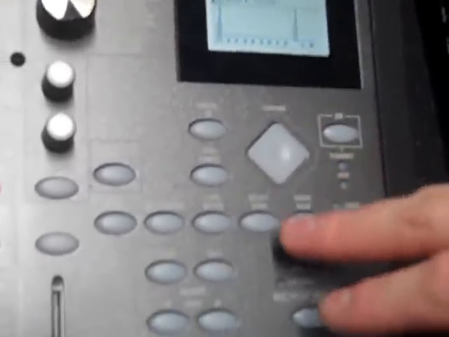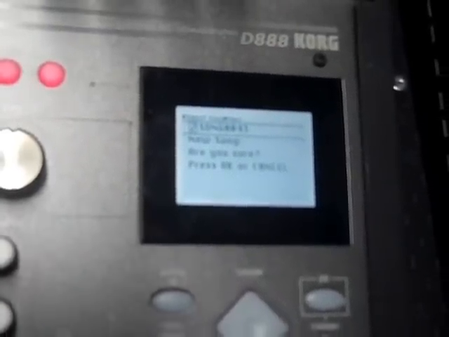To make our own session, we need to ensure that we click Select Song. This will take us to the function screen. And then what we want to do is press the cursor button, which is just here on the mixer. We want to press the right hand of the cursor button until it says new. We then click enter, and it will ask you if you want to do a song, or you can press cancel if you don't want to create a new song and you accidentally press that. If you want to make a new song, you click enter,